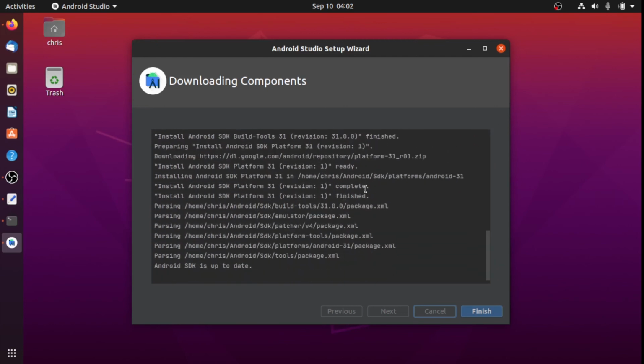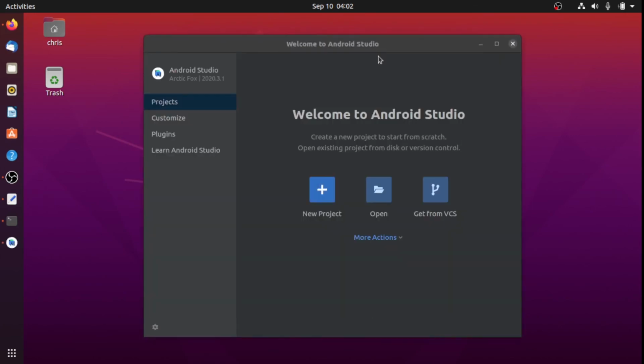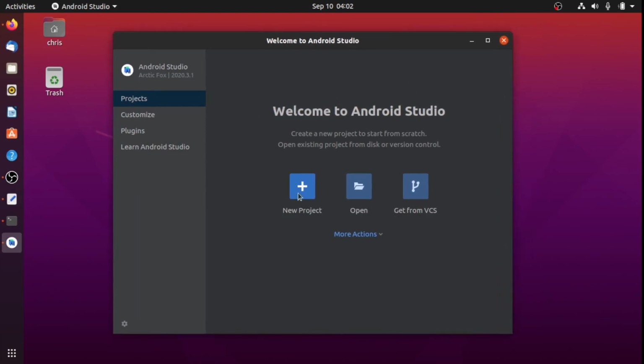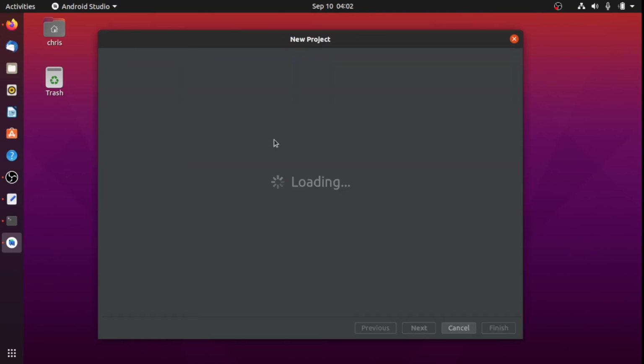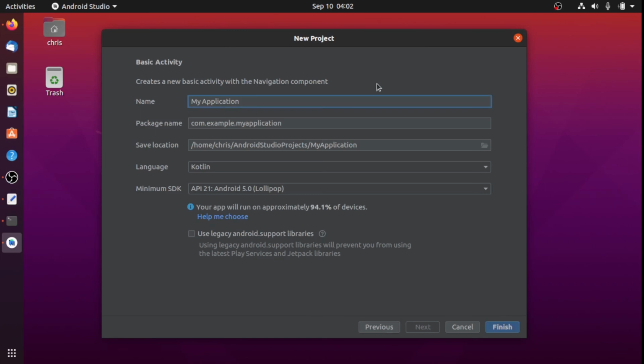After all these components are done downloading, the next thing to do is to press on finish, and it will bring up this beautiful interface for Android Studio project. And I'm going to create a new project, and wait for a couple of seconds. There are a lot of templates here you can choose from, but as I am going to start a new project, I can choose the basic activity like this one, and it asks me the name of this application,